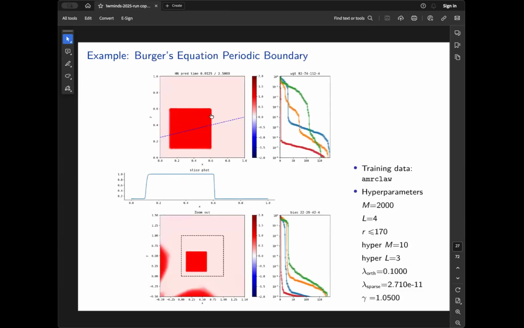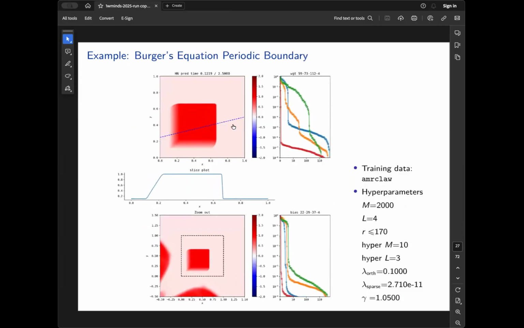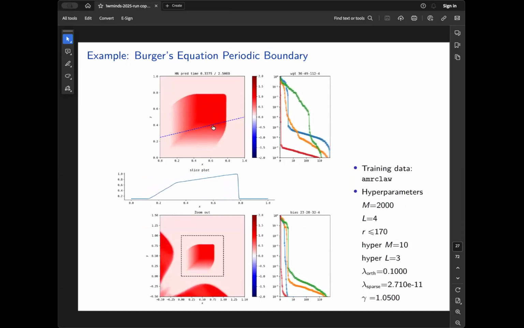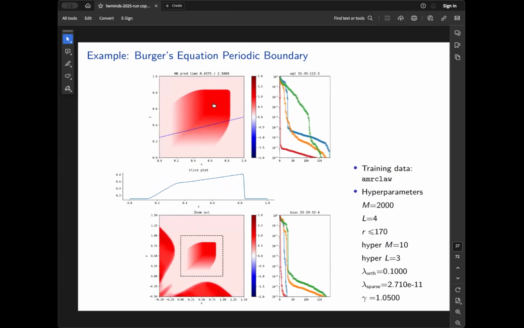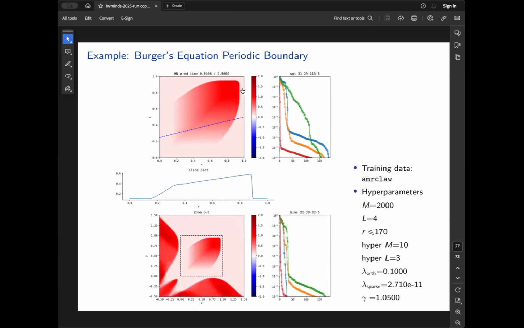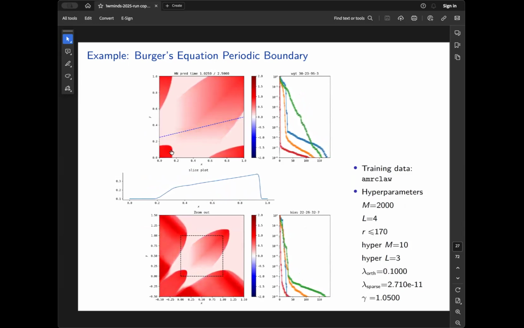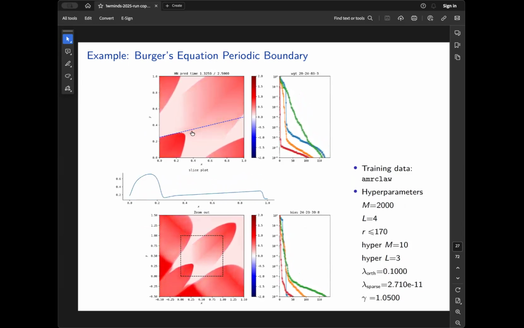We applied this to, for example, the 2D Burgers equation with periodic boundary. So there is this blob in this problem. There's a shock front that propagates, and as it hits the right corner, it comes around in the left corner because it's a periodic boundary condition. And then soon this shock interacts with the rarefaction fan, which affects the speed. So it's a fairly complicated